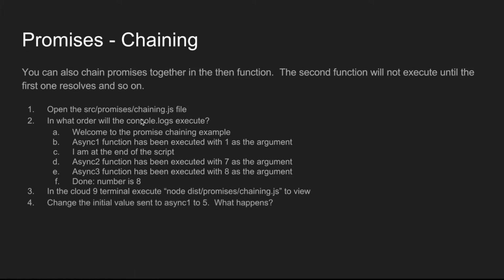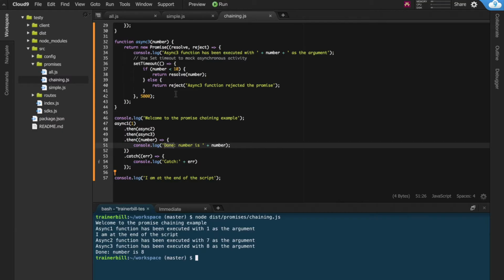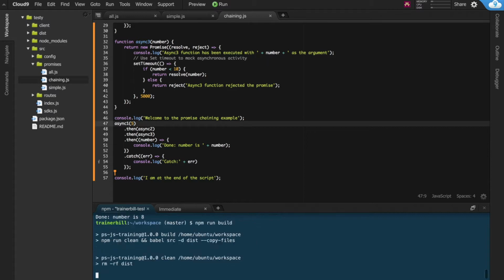All right, so now we're going to change the initial value that we send to async 1 to 5 and see what happens. So I'm going to change this to 5. I'm going to save it. Then I've got to rebuild it quick, so I'm going to do npm run build. Wait for that to